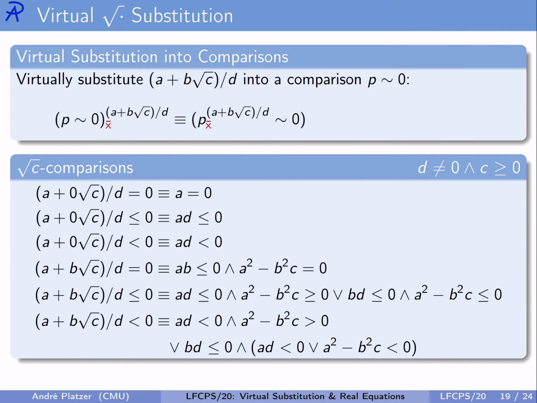Then it's also true. Now, for the strict comparison, it's even slightly more complicated. Again, if a dominates over this, which we can find out by asking if a squared is greater than b squared c, and they have opposing signs, so it's not just because of the squares, but that a times d has the appropriate sign less than 0, then this squared